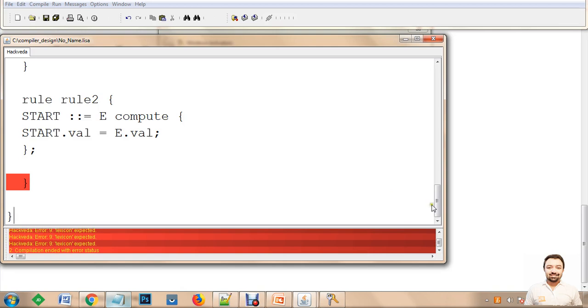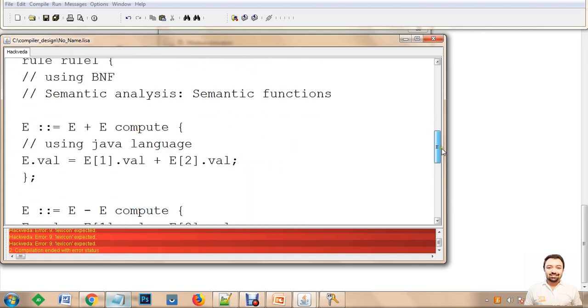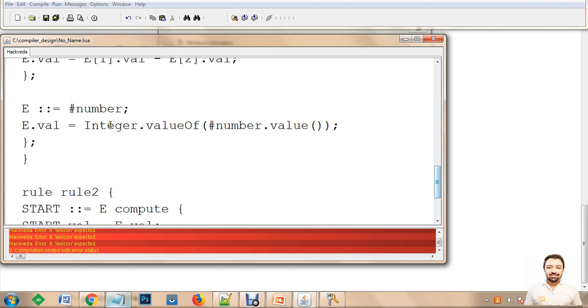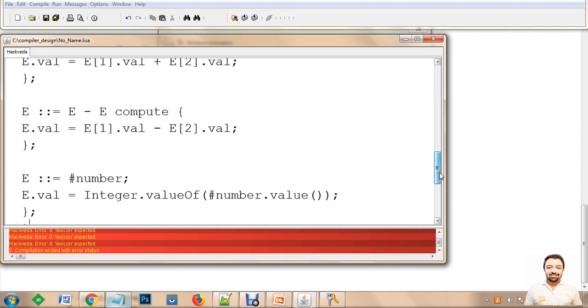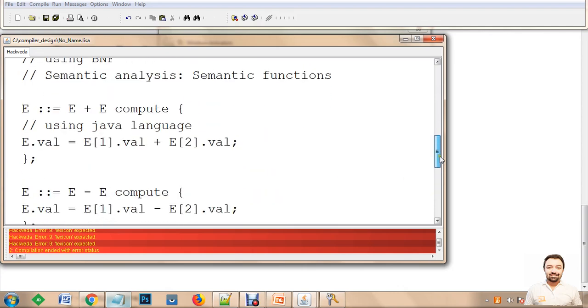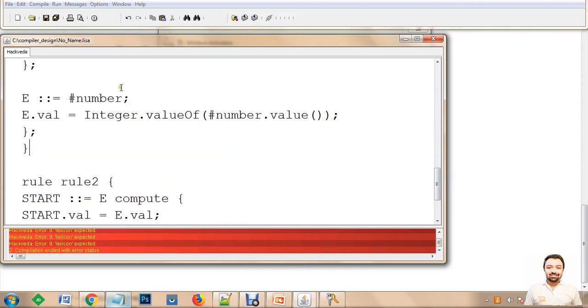So we have e dot value, we have defined it appropriately. We again have a rule here. Okay, rule 1. So at the end of the rule, we'll quickly check if we have the rules written appropriately. We have the first compute rule, the second compute rule, we have the third compute rule, which we have not defined here. Let's do that. Compute and start a bracket. So the bracket ends up here,